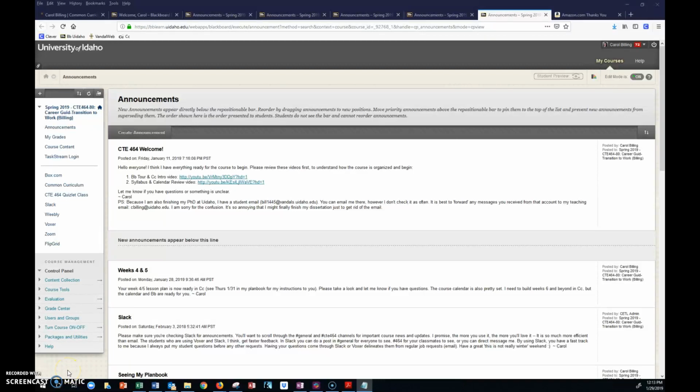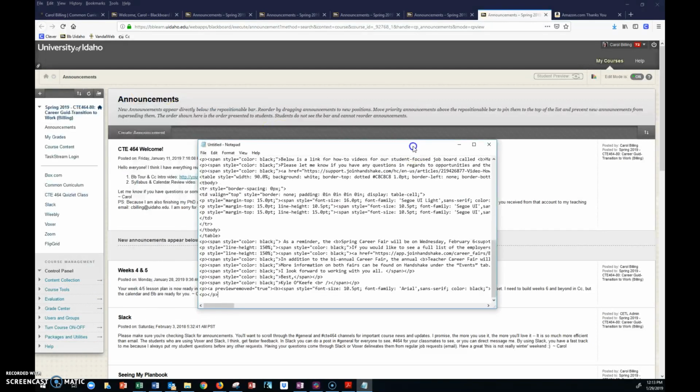Hey everybody, I'm going to show you quickly how to paste in HTML into an announcement in Blackboard that's already been formatted. So this saves a bunch of time. If someone wants you to put something in the Blackboard and they send you this text, which is the HTML for the announcement, and I'll show you where to find that once we make this one,